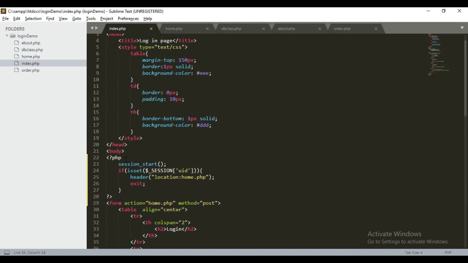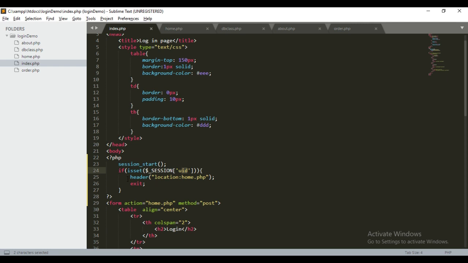And here you can see the PHP code. In this I am starting the session and checking whether the session global variable session user id is set or not. If it is set, that means the user is logged in. If the user is logged in, then we are not going to display the login page to the user.